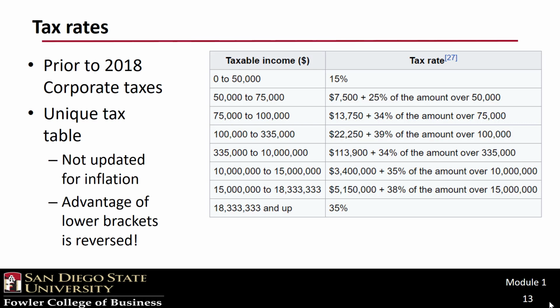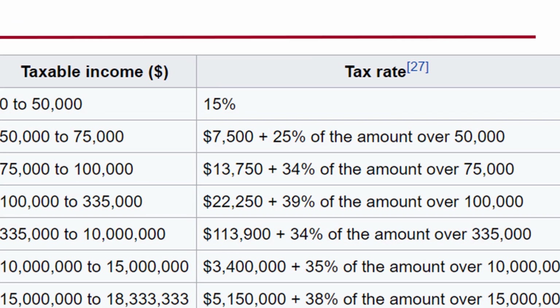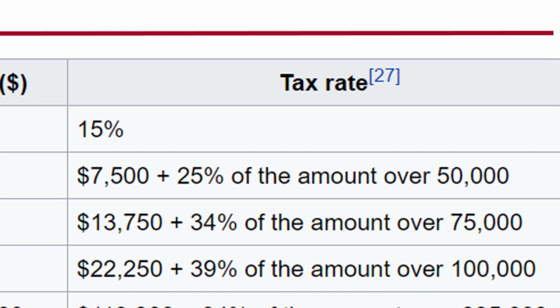This benefit of the lower rates approach can be contrasted with 2017 corporate income tax rates in the U.S. Again, using 2017 as an example, note that corporate rates are typically pretty stable and are not updated to reflect inflation each year. However, when I made this video, the rates had just changed, making them lower. However, it's not the 2017 rates themselves I wish to draw your attention to, but rather the construction of the table. Note how the rates are progressive, starting at 15%, going up to 25%, and then to 34%, and then